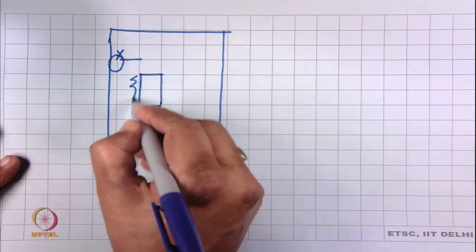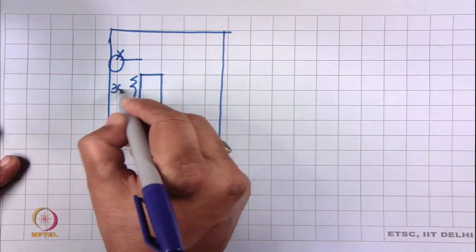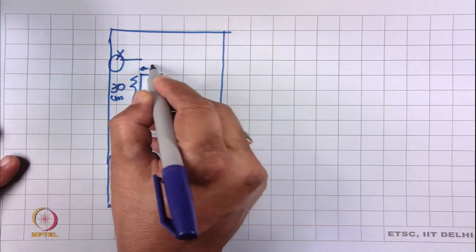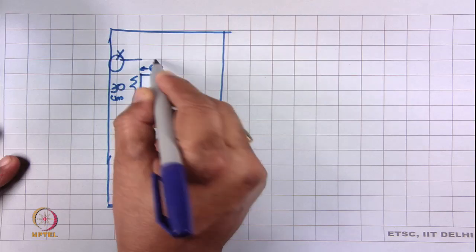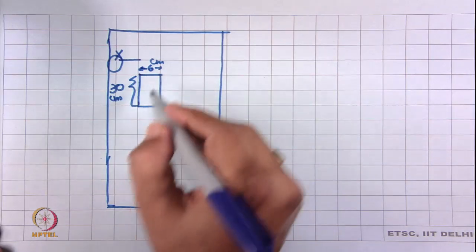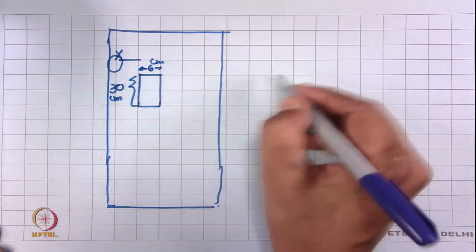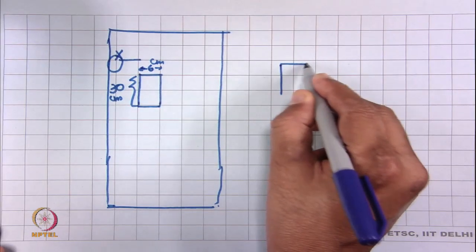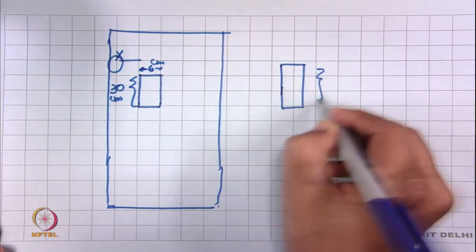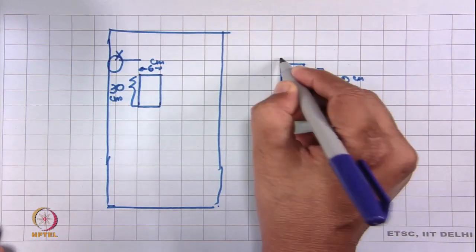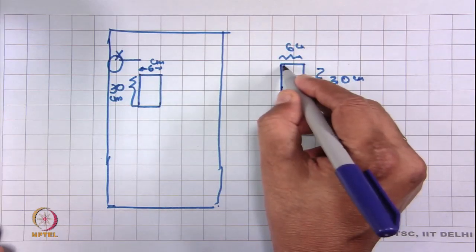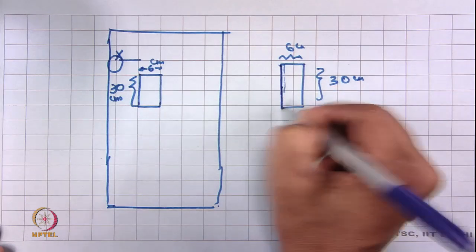The length is 30 centimeter and here it is 6 centimeter. This is the length. Okay. Now, after that what we do, this sample, it is 30 centimeter and it is 6 centimeter, and we start fraying out the yarn, because we have cut the yarn here in the fabric.